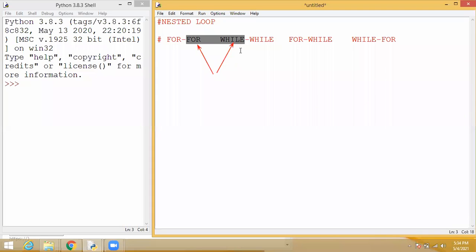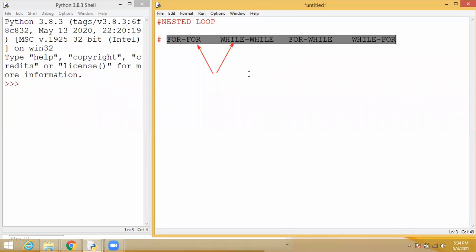What is the difference between for loop and while loop? They will ask with an example. So there you can explain these two points with some syntax or an example program. The same implementation, same output, you can give as a program. That is an equivalent program. Okay, so now coming back to nested loops.